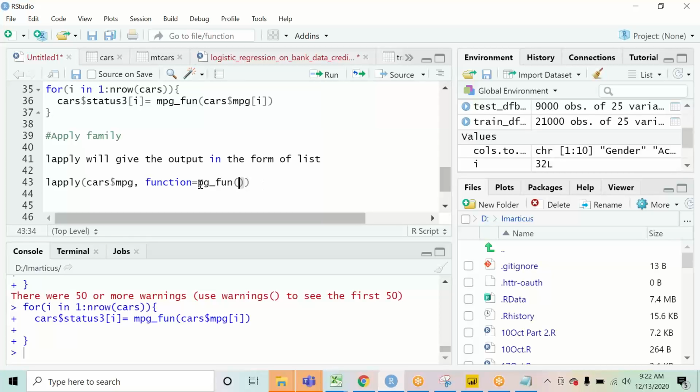So now do I need to give the input in this? No, I do not need to give any input parameter over here. Why so? Because these apply functions are created for this purpose only. I am saying that this is my input, and on this input this function has to be applied. So I do not need to define that input because this input is automatically defined in this apply function that I'm using over here. Now if I will run this,